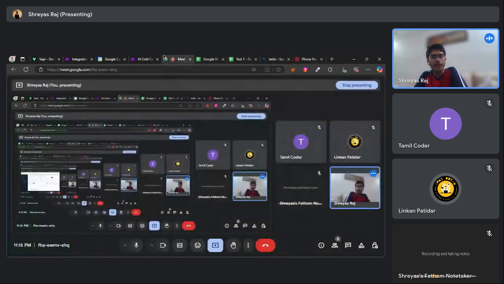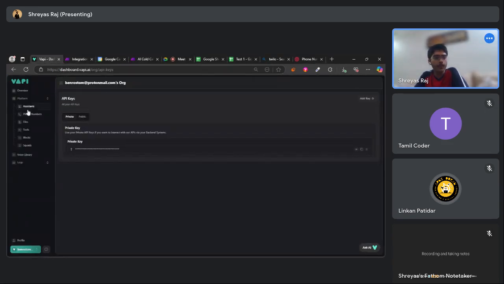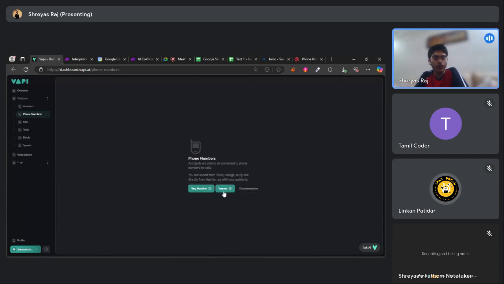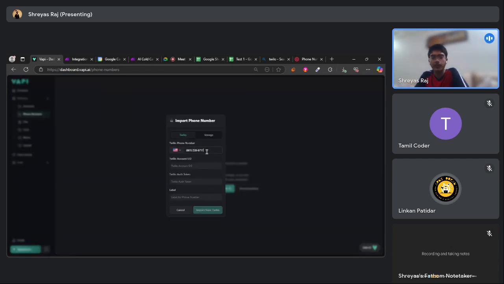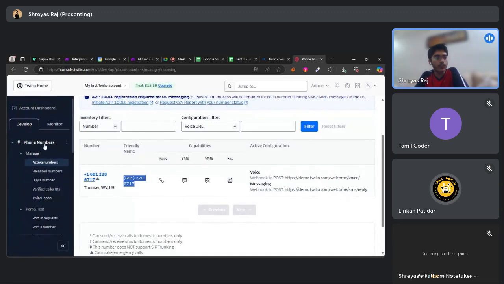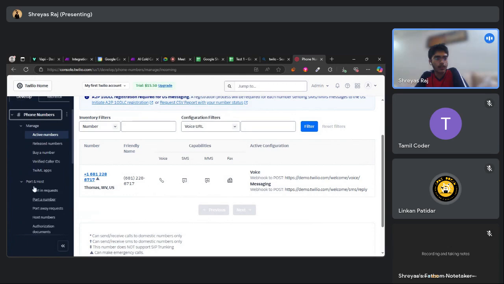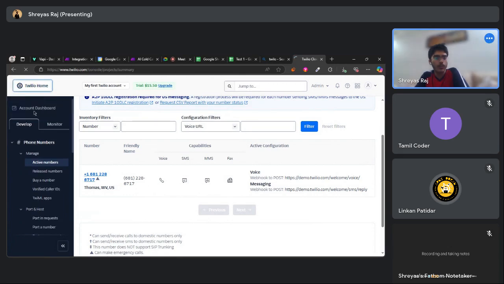So what I'll do is I'll just copy this number. Copy this. I go back to API. There's an option called phone numbers. So if I import a number, we select Twilio because the number is from Twilio. And then what we'll do is we'll go to manage. I think there should be a profile. So if I go to Twilio home,